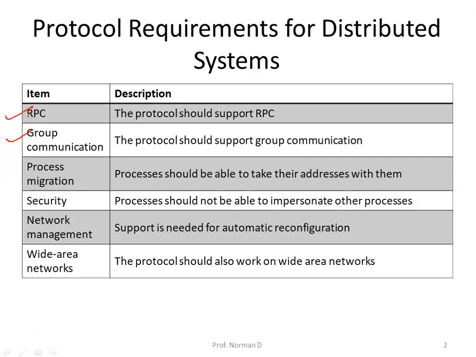A characteristic that is increasingly important is support for process migration. A process should be able to move from one machine to another, even to one in a different network, with nobody noticing. The next is security. Security is also an issue, although the get ports and put ports provide security for Amoeba. A security mechanism should also be present in the packet protocol, so it can be used with operating systems that do not have cryptographically secure addresses.